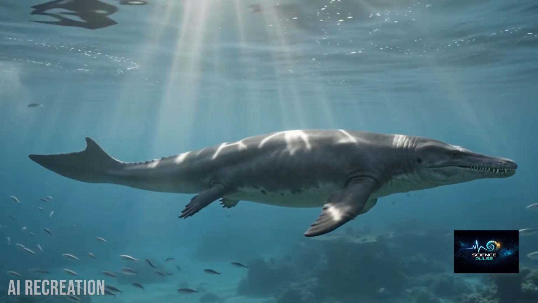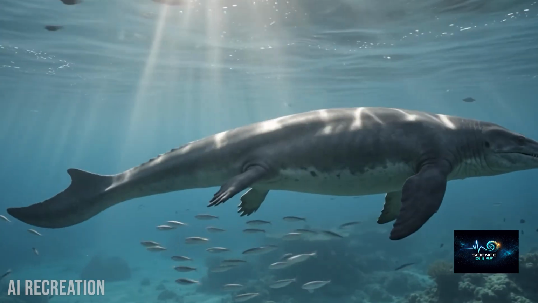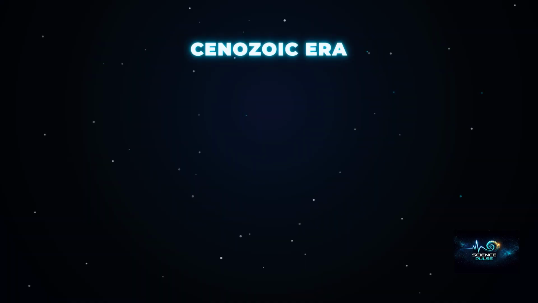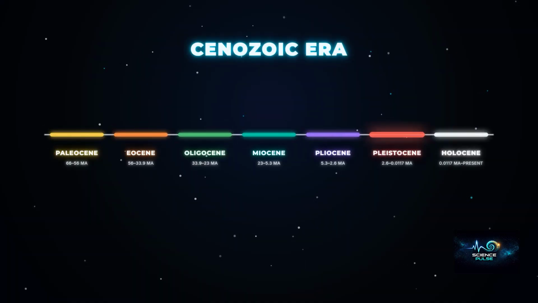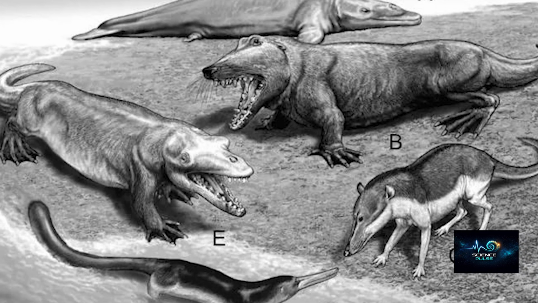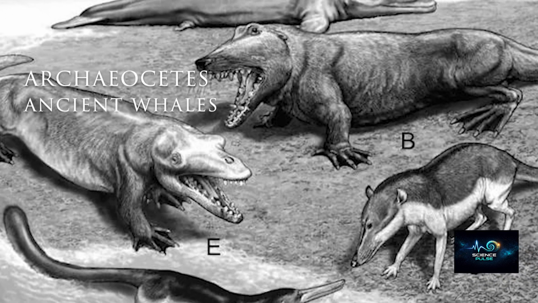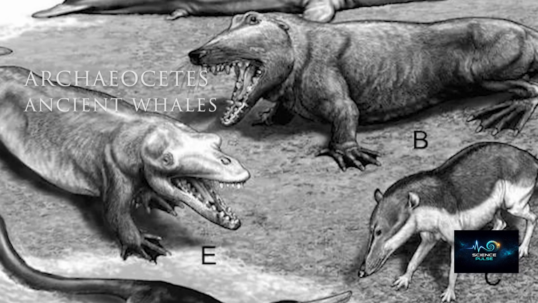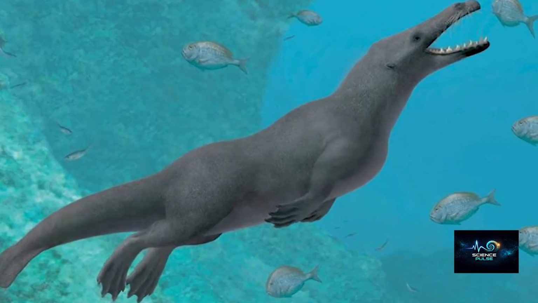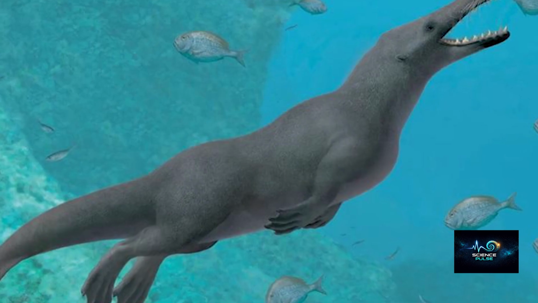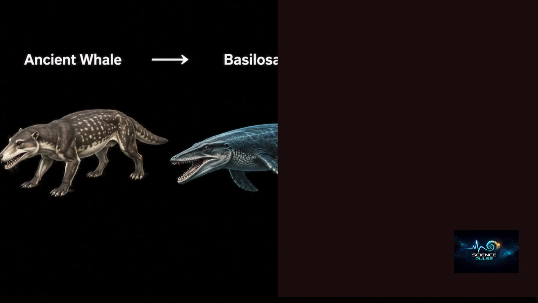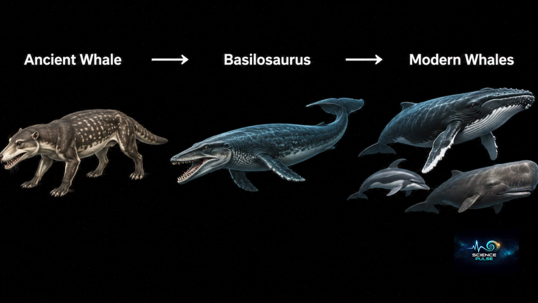Basilosaurus was one of the first fully aquatic whales, a marine predator that lived during the late Eocene, roughly 41 to 34 million years ago. It belongs to a group of extinct whales called archaeocetes, meaning ancient whales, and it marks a key stage in one of the best documented transitions in the history of life, the evolution of whales from land mammals into ocean-dwelling